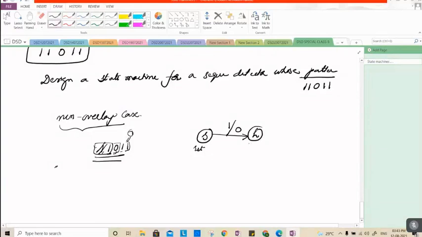Now, can I say that H is a state which has identified the occurrence of 1? Yes, sir. If I am at H, it means I have already detected the value 1. Next, suppose the next value is also 1, the next value is also 1, it